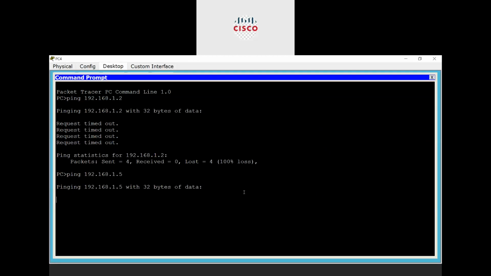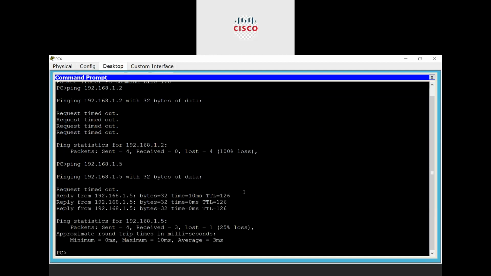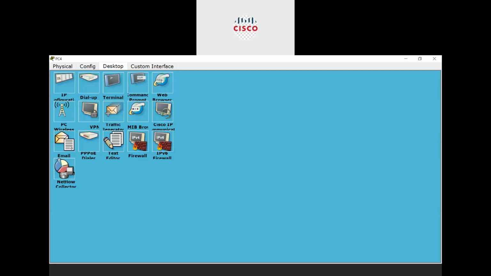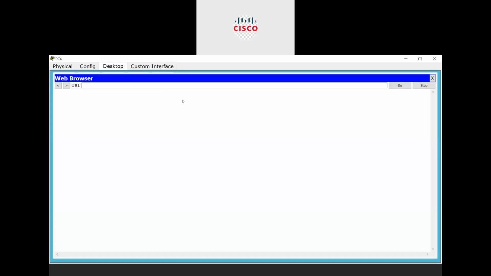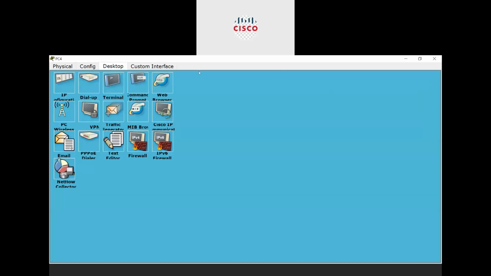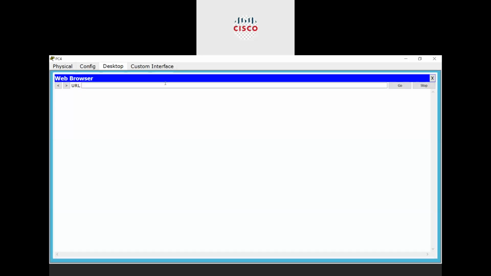Let me show you how to use it. Now we are able to ping the device. Still, guys, we didn't configure any access control list. Let me show you whether it is possible for me to web access. For web access of any web server, I have to go to the web browser and put the IP address of that server, dot 1.5. So guys, we can see that yes, we have the access.